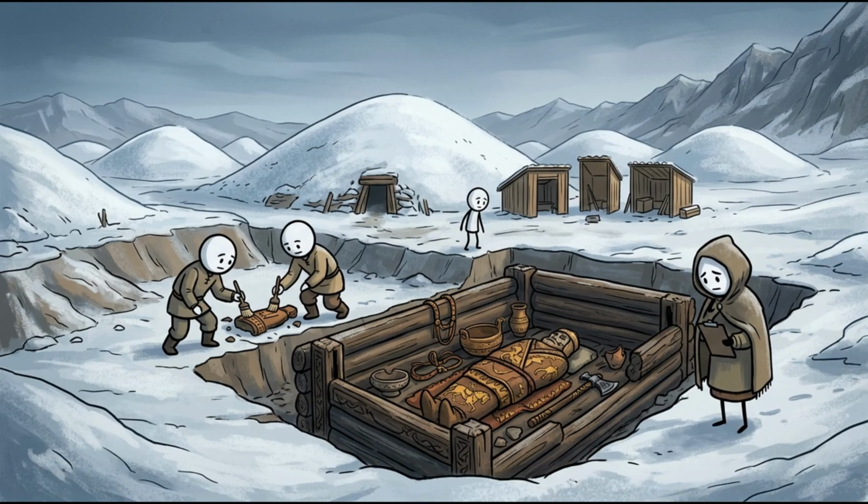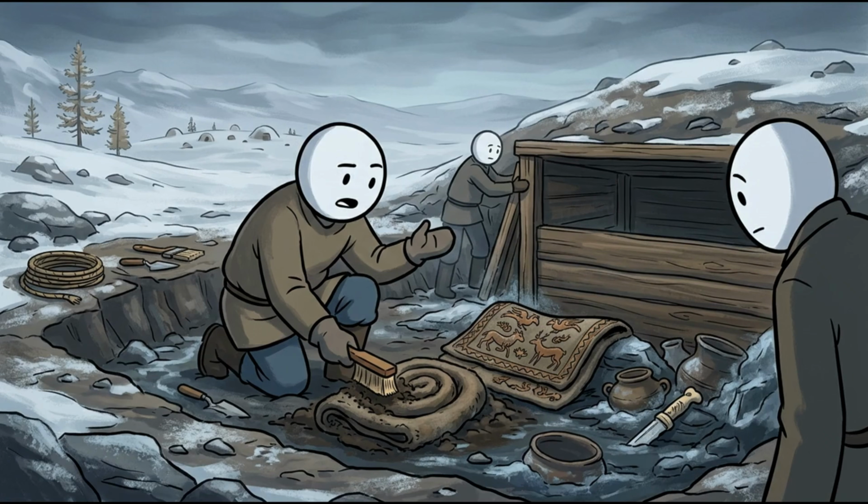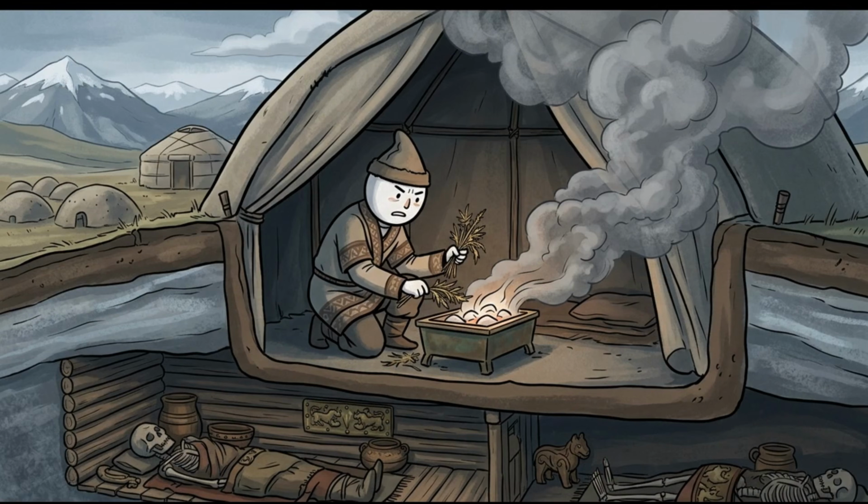identified it. Number 8. The felt tent at Pazyryk, in the high valleys of the Altai Mountains, where modern Russia meets Kazakhstan, Mongolia, and China. A series of burial mounds called kurgans were built by Scythian pastoralists starting around the 5th century BCE. The Pazyryk kurgans are the largest and best known of them, excavated in stages between 1929 and 1949 by the